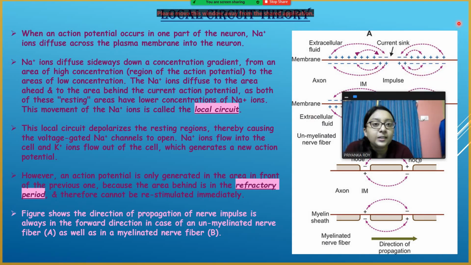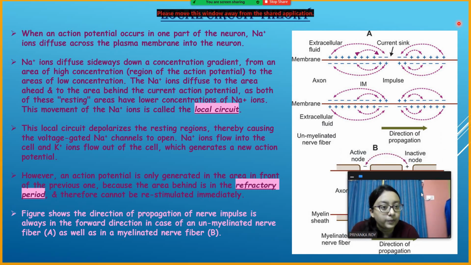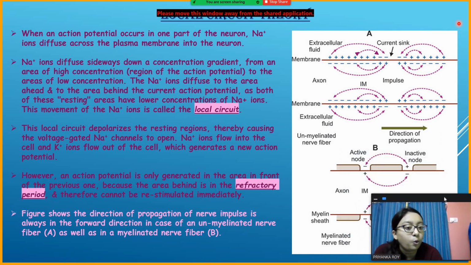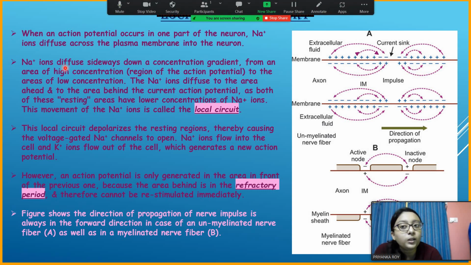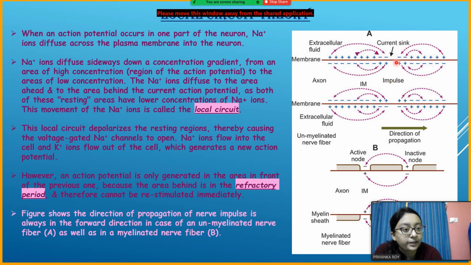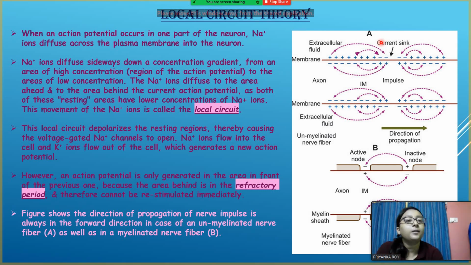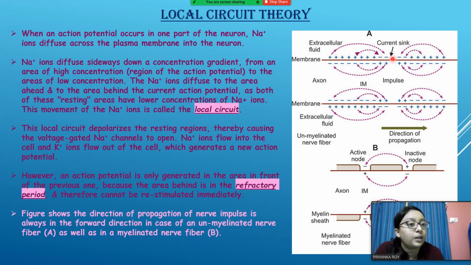আচ্ছা, তো এই যে সাইক্লিক্যাল প্যাটার্নে যে কারেন্টটা বা আয়ন্স গুলো ফ্লো হচ্ছে সেটাকে আমরা লোকাল সার্কিট থিওরি বলছি। ওয়াই লোকাল সার্কিট থিওরি? বিকজ once an action potential is generated, যেমনি এইখানটাতে একটা কারেন্ট সিঙ্ক বলা হচ্ছে। কেন কারেন্ট সিঙ্ক বলা হচ্ছে? বিকজ অবভিয়াসলি অ্যাজ ইউ ক্যান সি যে এখানে একটা অ্যাকশন পোটেনশিয়াল ডেভেলপ করেছে। তাহলে আমরা কি জানি যে